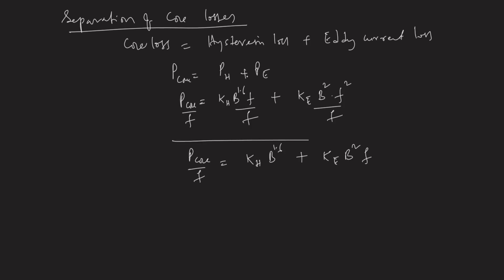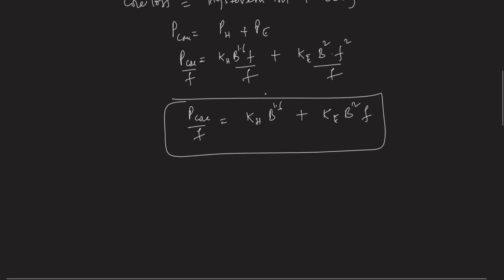Now this is one relation. Now what we can do is, because the flux density B in the core of the transformer is proportional to the V by F ratio,